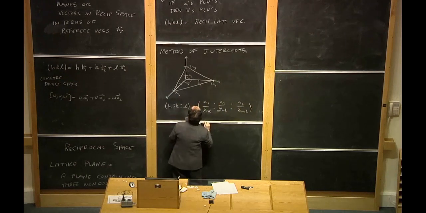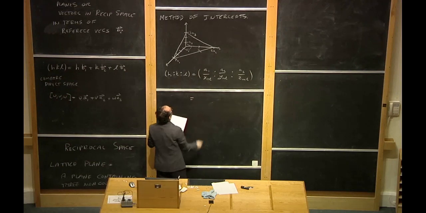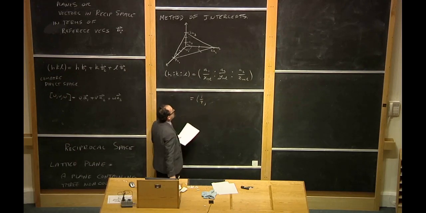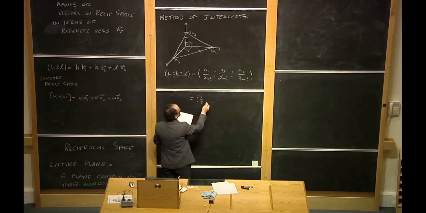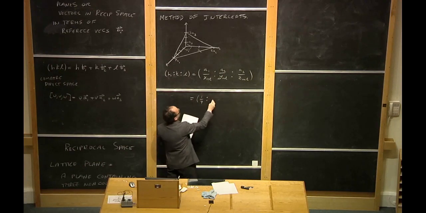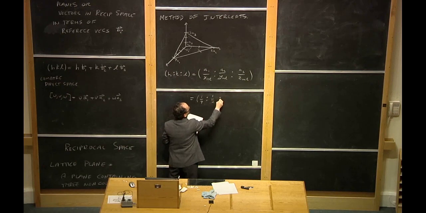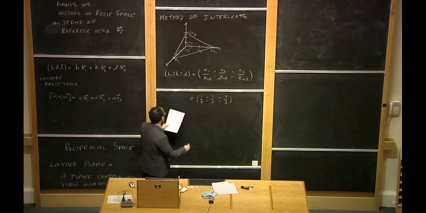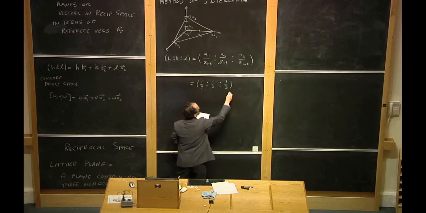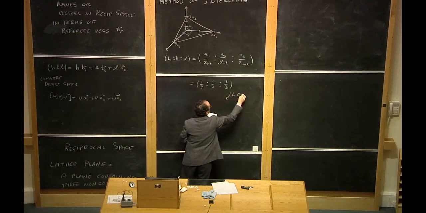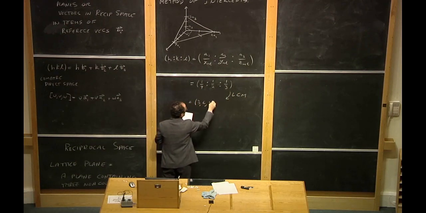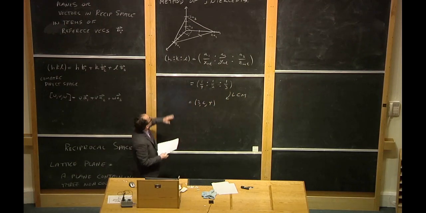So in this picture, A1 over the x-intercept is 1 over 4, A2 over the y-intercept is 1 over 2, and A3 over the z-intercept is 1 over 3. So it should have the same ratios as this. If we multiply by the least common multiple, we get 3, 6, 4